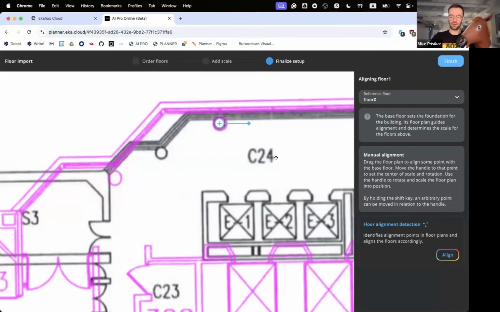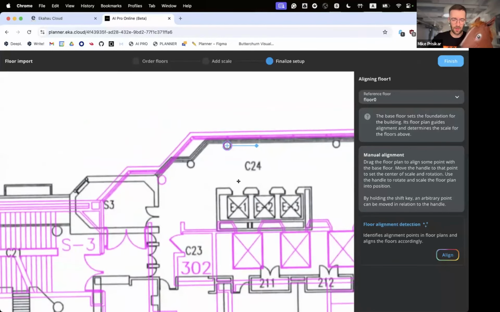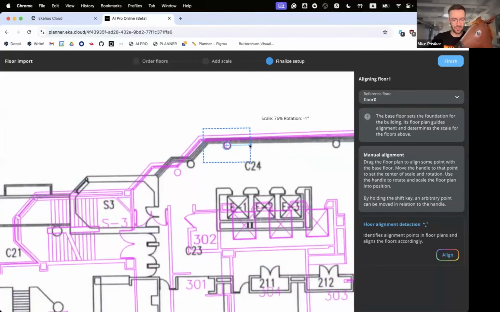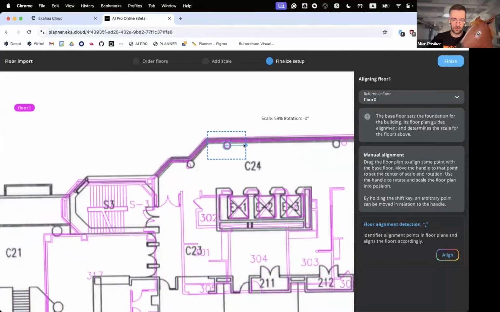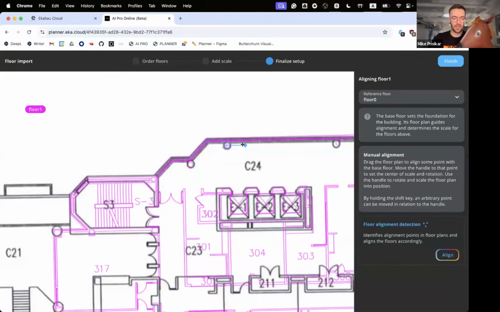Previously in AI Pro Classic, you used to place like 3 or 4 reference points. So that was kind of weird. But here, just find one reference point, put one reference point over the other, put down this fancy anchor tool, and just start messing around. I'm just kidding. You just need to turn it slightly. Yeah, done.